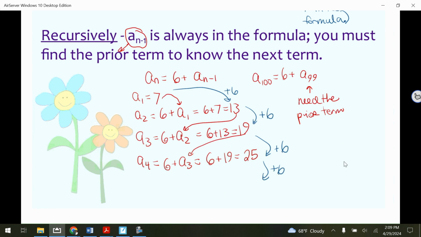But to generate the terms, it is harder. You can't skip around. You have to go in order. 7 plus 6 is 13, plus 6 is 19, plus 6. And we're going to learn how to write these equations for sequences that are more basic, like adding by a consistent number or subtracting or multiplying or dividing. We'll learn how to write those